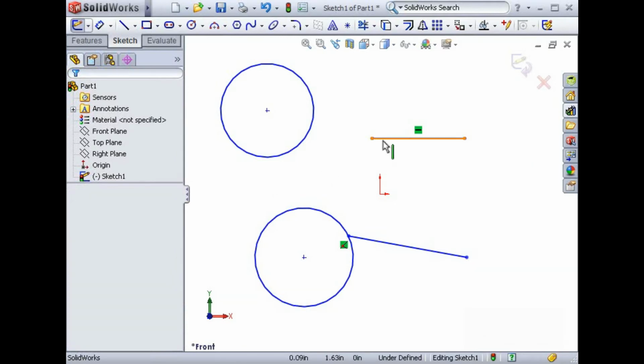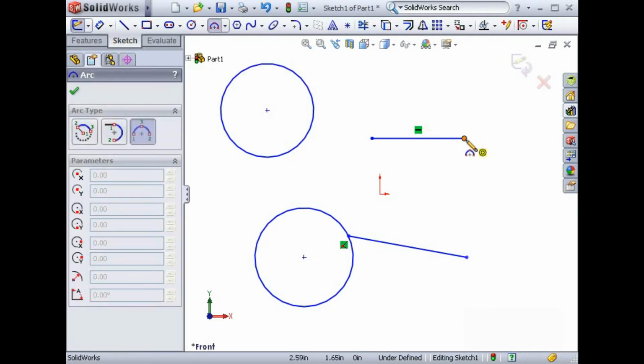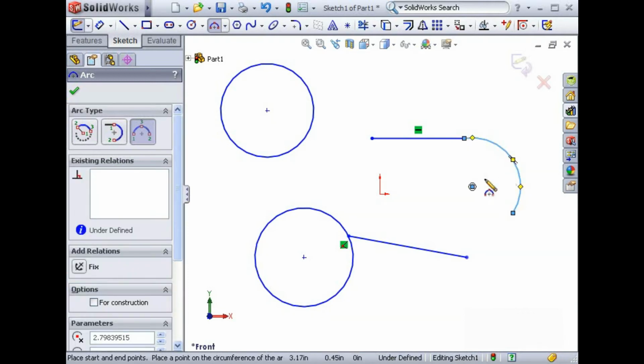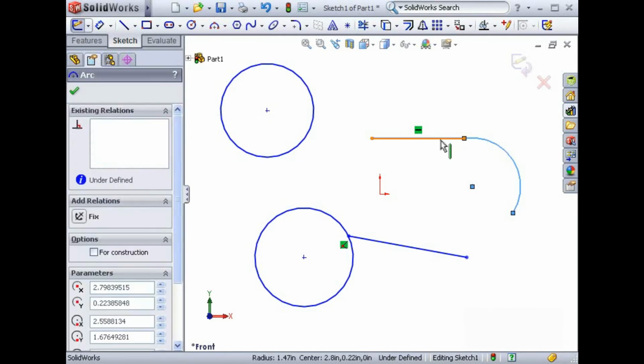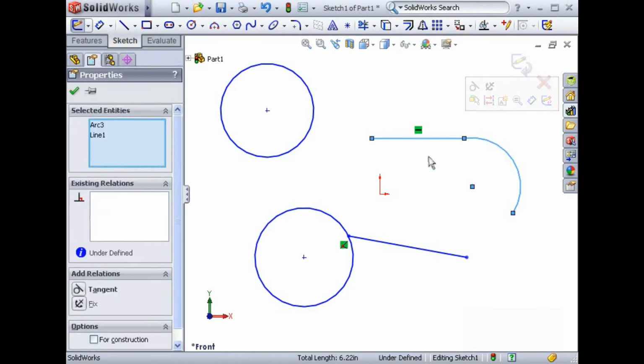For instance, at the end of this line, I'll attach a 3-point arc. If I want to make the arc tangent to the line, I'll select both items by holding down my Control key and selecting both. And now you see the geometric relations that are possible between the line and the arc. One of the options is tangent. Notice the horizontal option is no longer on the list because it doesn't make sense with the line and arc